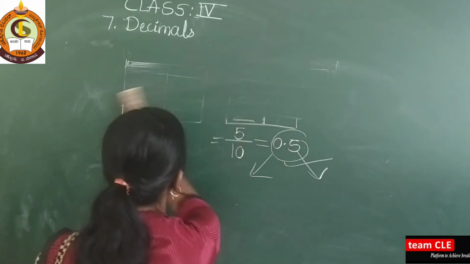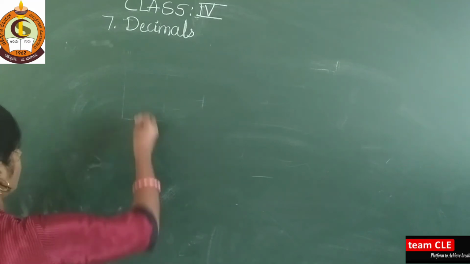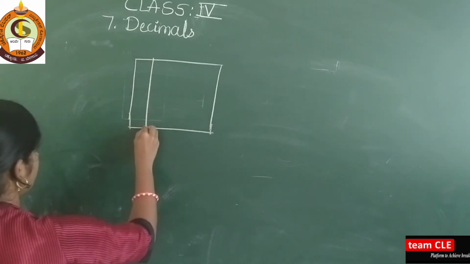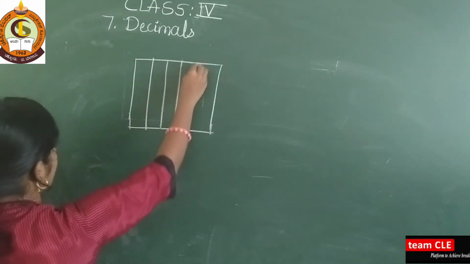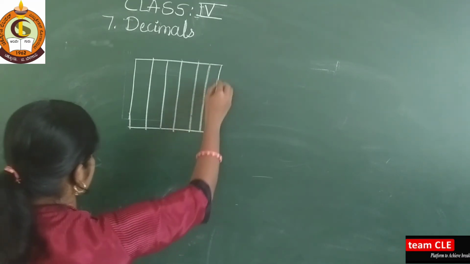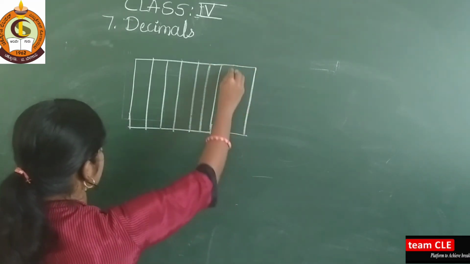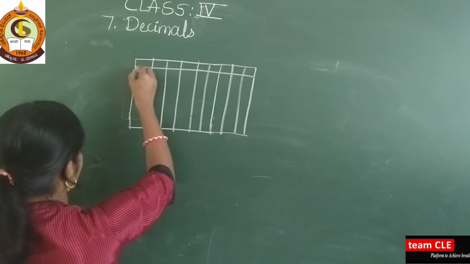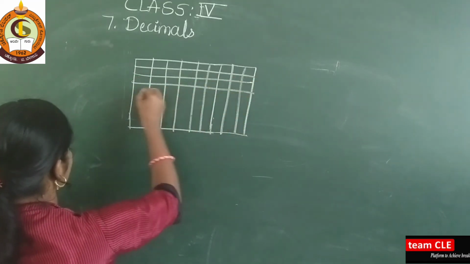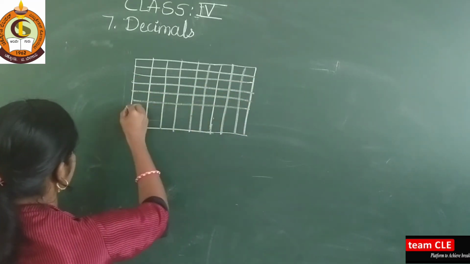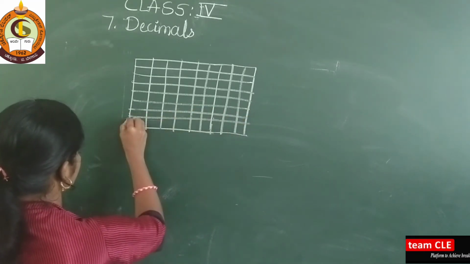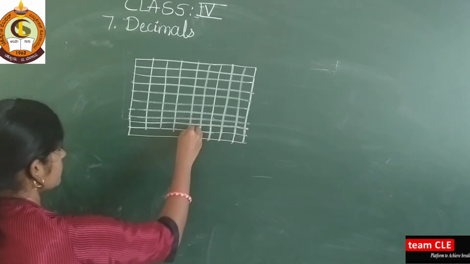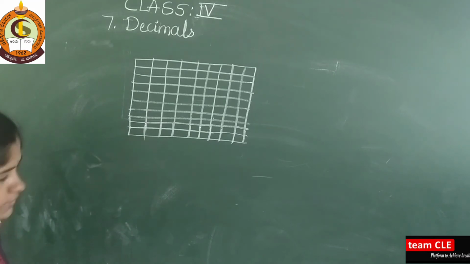Here they made a hundreds column, so I will also make a hundreds column here. So here 10, 1, 2, 3, 4, 5, 6, 7, 8, 9. Again you make 10 columns: 1, 2, 3, 4, 5, 6, 7, 8, 9, and I will draw one more, so 10. So this type of columns are there in your textbook. And the answer is there.